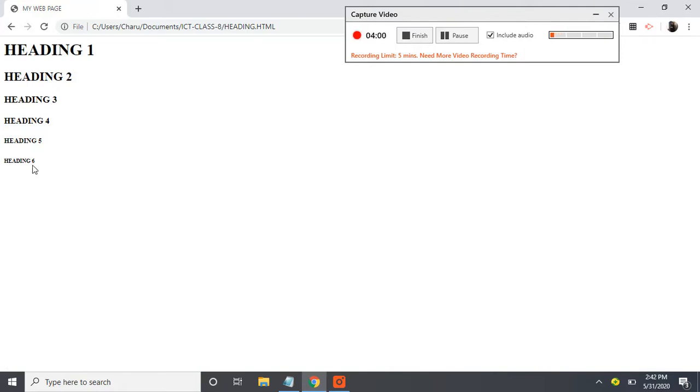Now I'll show you one more feature that can be added with the heading, and you can also see that on the title bar my web page is appearing, which I had mentioned in my title tag. So here I'll teach you one more feature that can be added with the heading tag, to place the heading in the center of the page, or on the left margin as it is right now by default, or onto the